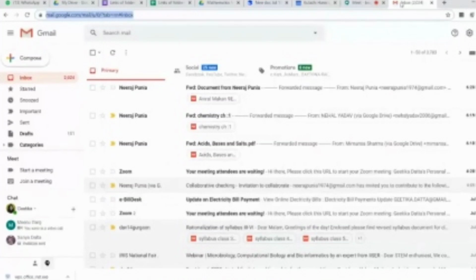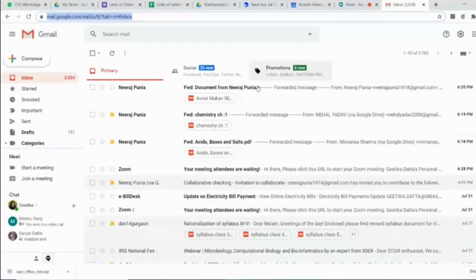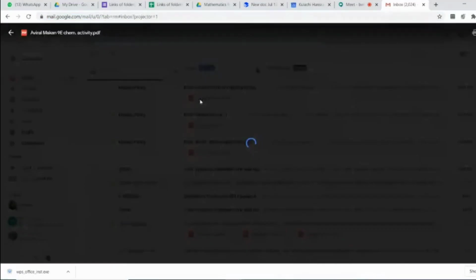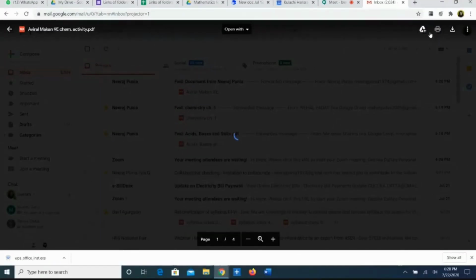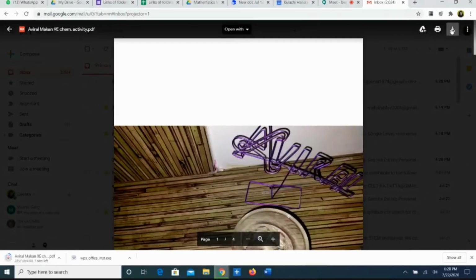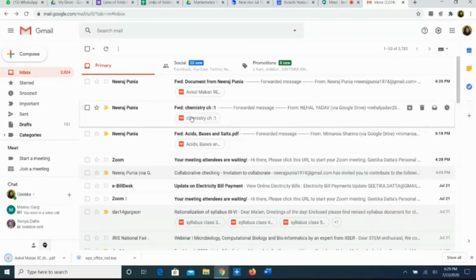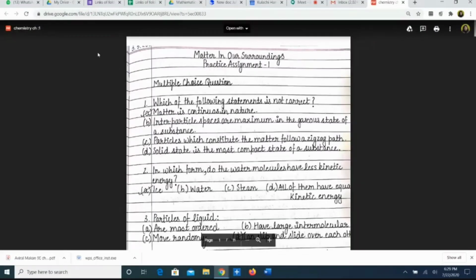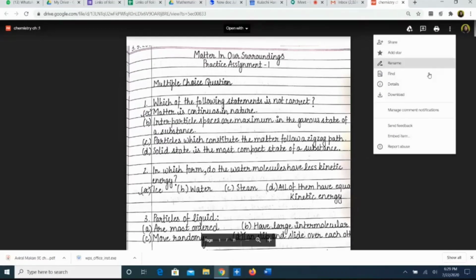Let's say I am the invigilator, I have collected the mails. So I go to my folder wherein I have collected the mails. So this is where I have the mails. I see that these are the three submissions that have been made. So I just simply download them. This is the first one downloaded. I again go back. So second one, I open it. I download this one also.